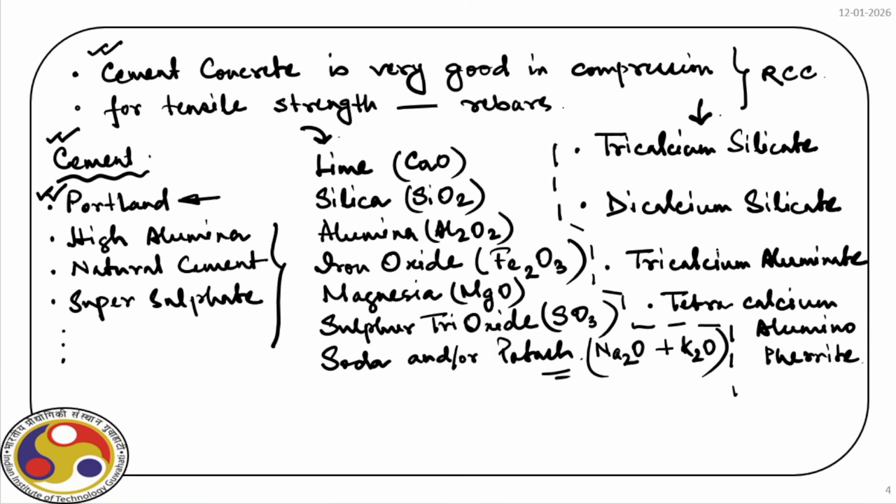Now out of this, tetracalcium aluminoferrite is there, but it doesn't participate in heat of hydration. But tricalcium silicate, dicalcium silicate, and tricalcium aluminate, these are the three main ingredients that react with water, and then they offer the adhesive strength, right? Now obviously the amount of water and quality of water is also very important, that will come after some time. So first we have cement, and we have already gone through the different components of cements.